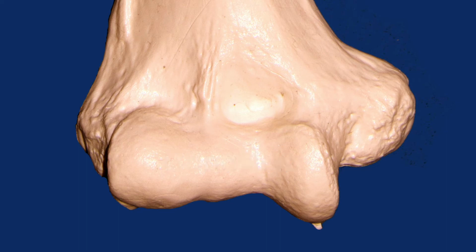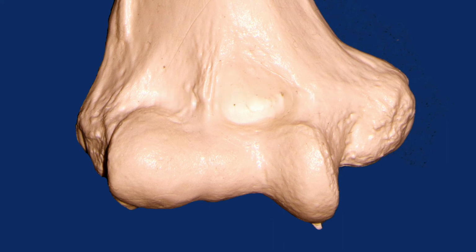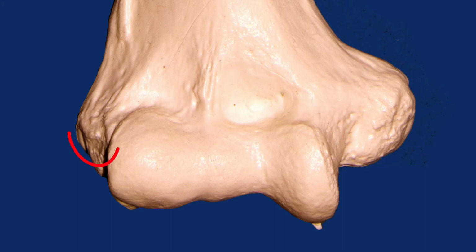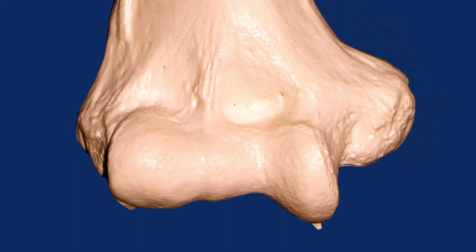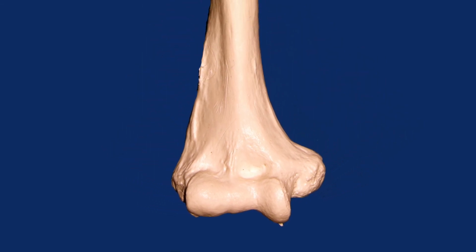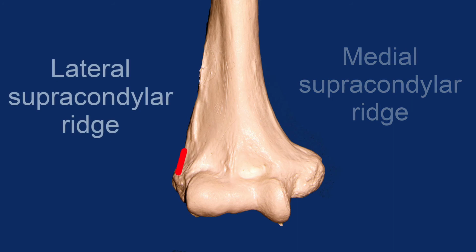Above the condyles, there are processes called epicondyles. Epi on top of condyle. The more prominent process on the medial side that can be easily felt is called the medial epicondyle. And on the lateral side, you find the lateral epicondyle. Continuing proximally from the epicondyles, there are ridges which, because they are still above the condyles, are called supracondyles. So on the medial side, we have the medial supracondylar ridge, and on the lateral side, we have the lateral